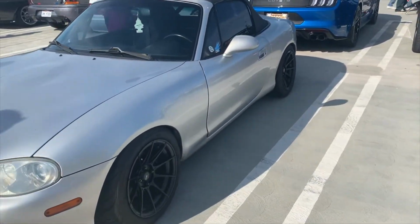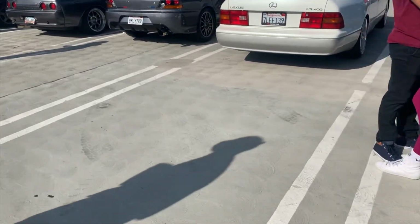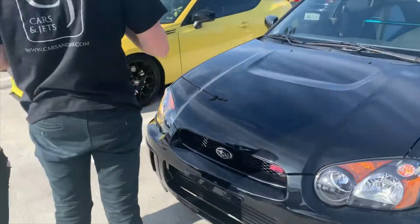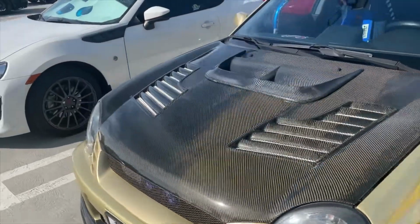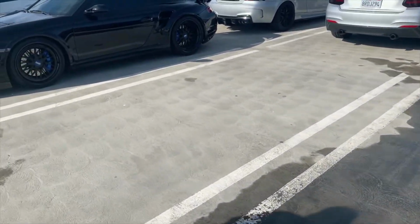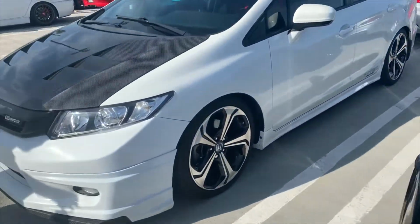Another Scion, or actually I think it was a little Subaru, Mazda Miata. Can't find my words. Great looking little Subaru there. Next to another one, little BRZ, gold WRX, another Toyota 86. Those cars, the Toyota 86, the Scion FRS and the BRZ, of course I say it all the time, but the same car basically. Porsche, a Honda,